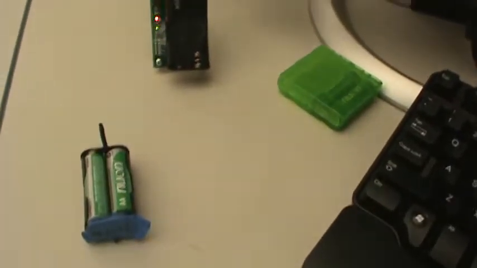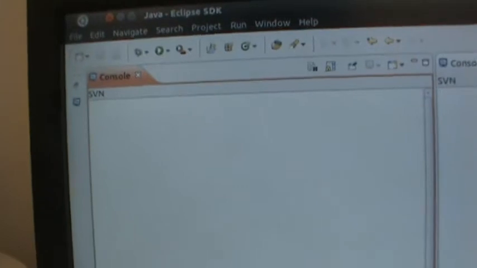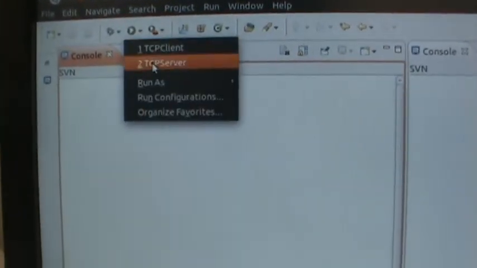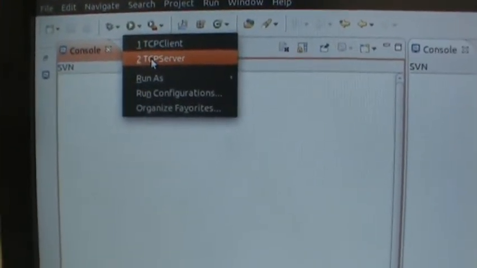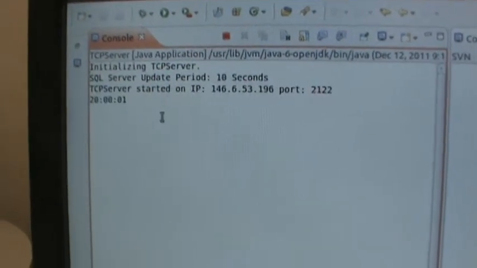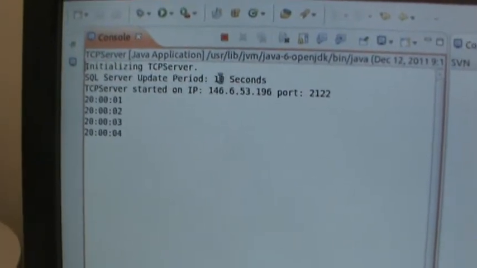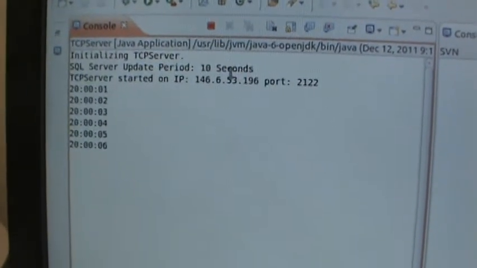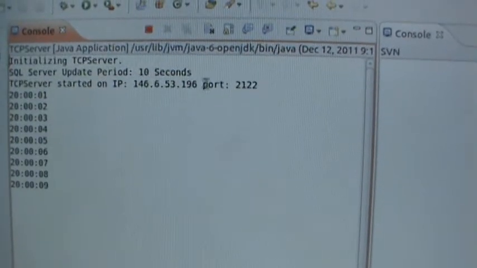As the information passes from the sensor modes to the computer, it runs a Java program. So I will open up my Eclipse for the Java program. As you can see, I have two console screens open, and I will now open a TCP server. Okay, server started. It's going to update every 10 seconds, and it's running on the serial port number,